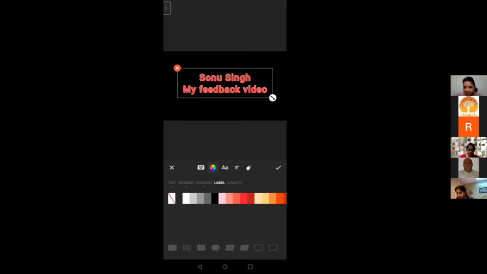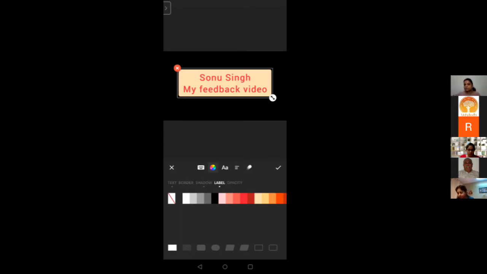Then is the label. Now label क्या करता है? आपने जो writing किया है, I'll just move the color here. ठीक है? आपने writing किया है एक blank background पे. तो अगर आपको आपके writing को एक box के अंदर डालना है, then you just go to label and select a lighter tone, so it will give it a background. There is an option called label and just select a lighter shade than what you have written. You can just keep on selecting, you will see. Got it. Yeah, super fun.